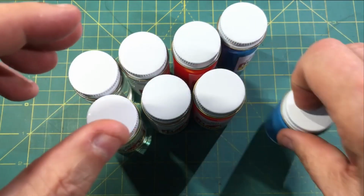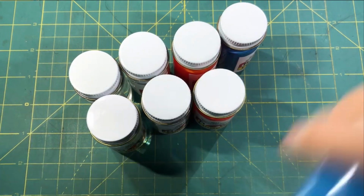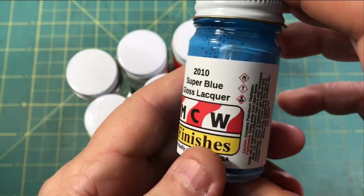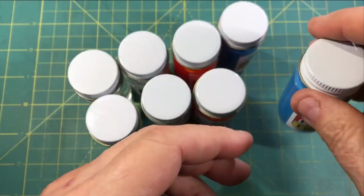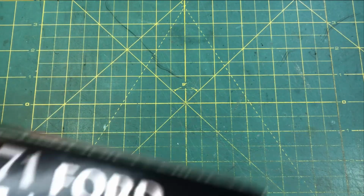Couple more bottles of that, and while I was there, I go through the petty blue quite a bit because I use a lot of other stuff for it, but check that out. And that is the 2010 Super Blue. So if you want some petty blue, that's what it is. But also, while I was there, I scooped that up, and also I had him go ahead and pull me